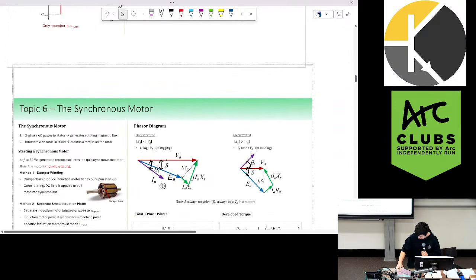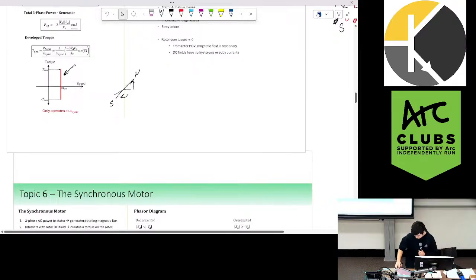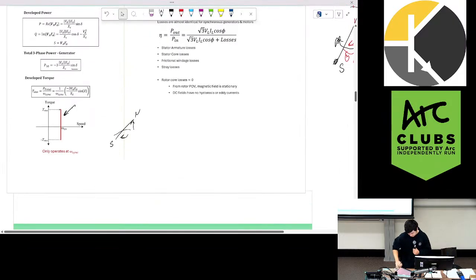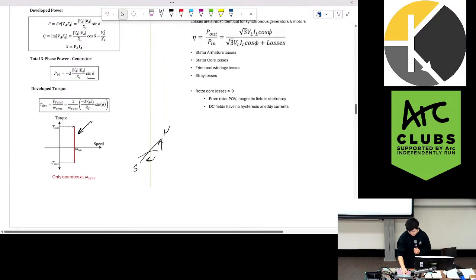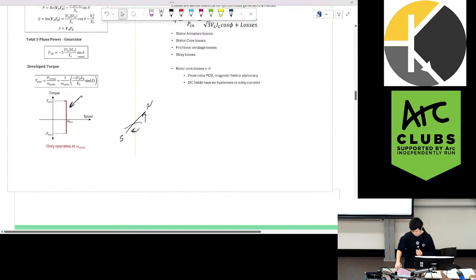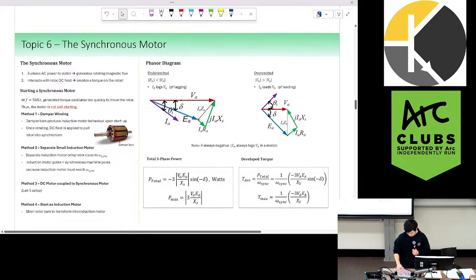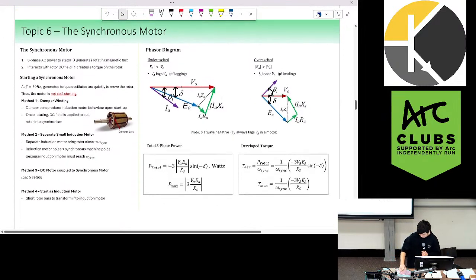All right, let's try and move this. Okay, good stuff. Something to note is that our torque and our power are directly proportional, and they're related through delta. Now, moving forwards,